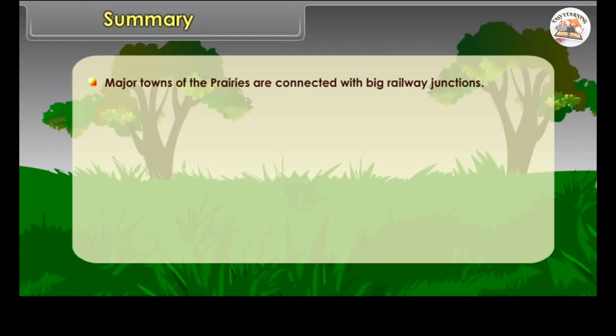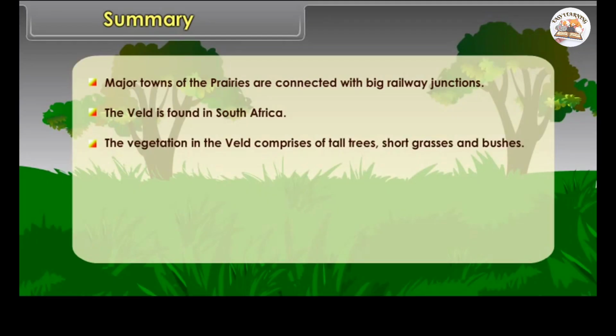Summary. The prairies and the Veldt are temperate grasslands. The prairies are found in the interior parts of USA and Canada in North America. The climate of prairies is of extreme type with no other vegetation except